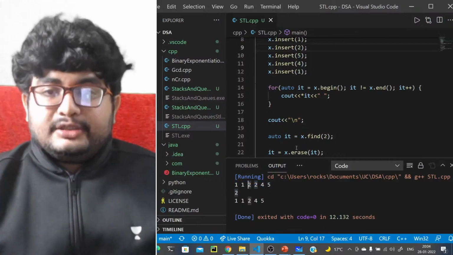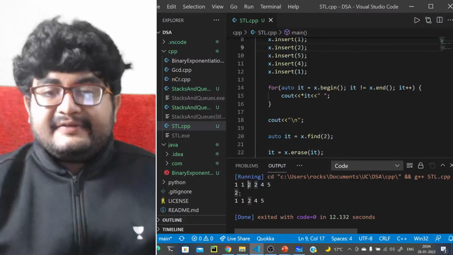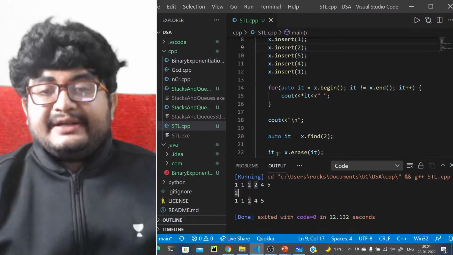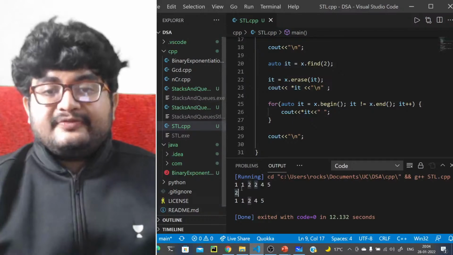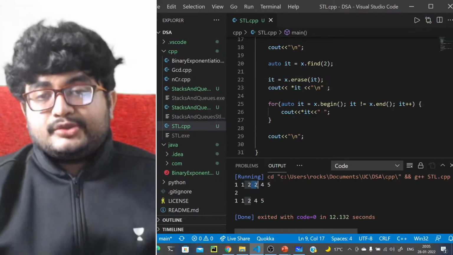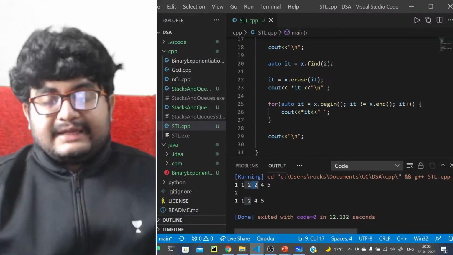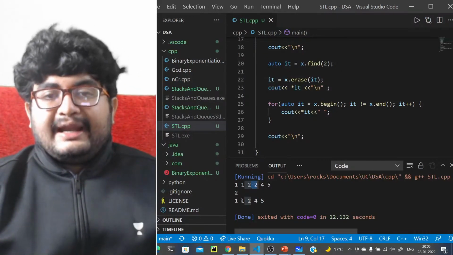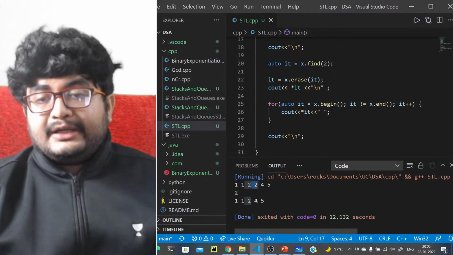So when you do x.erase(it), it will remove the first occurrence of 2, and then it will return an iterator to the next value. The next value is 2, so that's why we get 2 here. And after that, we print 1 1 2 4 5.